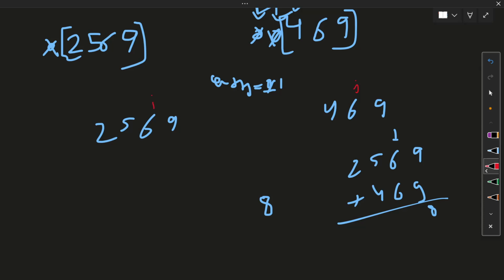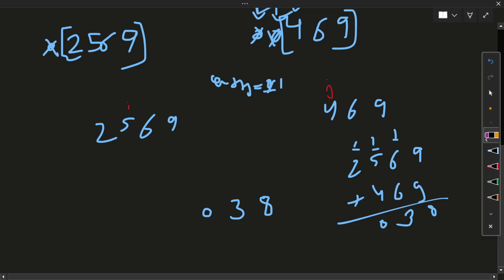So j is here, i is here. Then the number is 6, the number is 6, and then we have 1 carry. So 6 plus 6 is 12, 12 plus 1 is 13. So then we have to add 3. So 3 will be added here, and carry will stay as 1. Then the i pointer will change, the j pointer will change. So i is here, j is here, and 1 is carry. Then we got 10. So 0 here and a 1 in the carry.